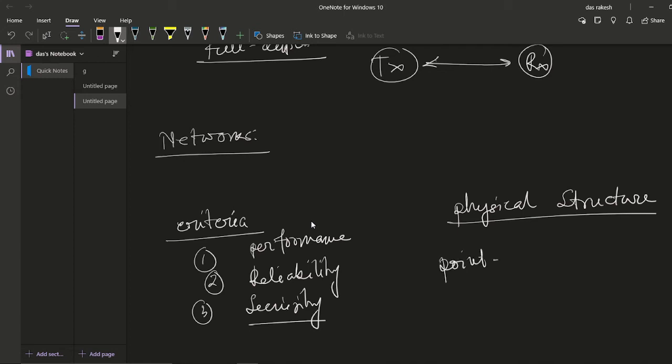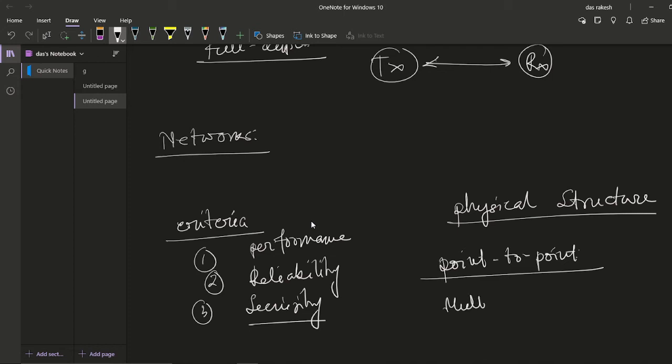First is P2P, that is point-to-point connection. A point-to-point connection provides a dedicated link between two devices. The entire capacity of the link is reserved for transmission between the two devices. Most point-to-point connections use an actual length of wire or cable to connect the two ends. Other options like microwave or satellite links are also possible for point-to-point communication. Next is the multi-point connection.